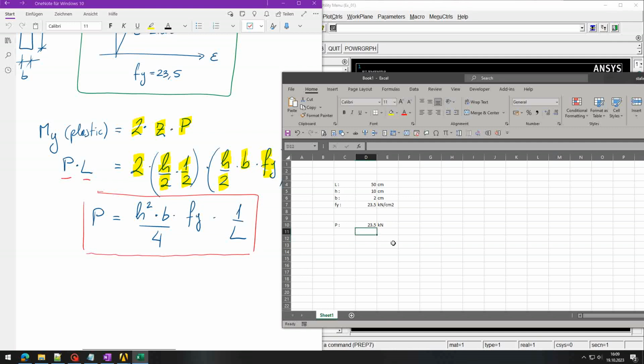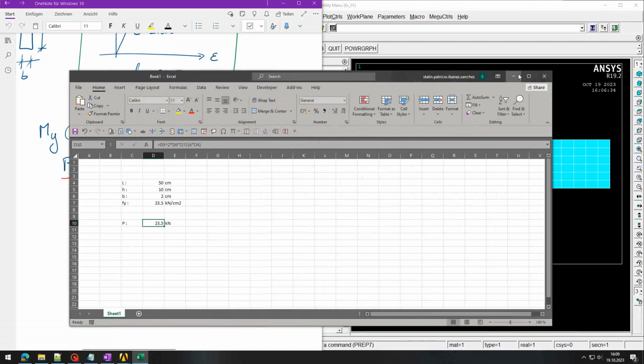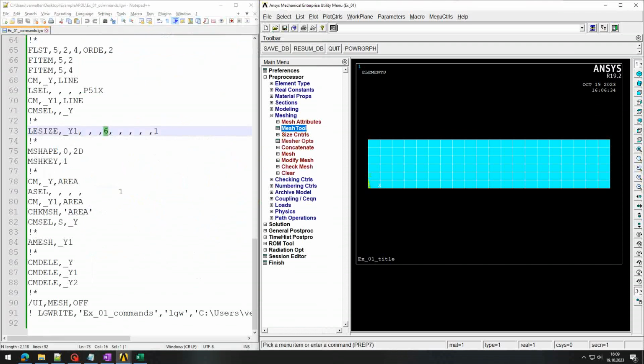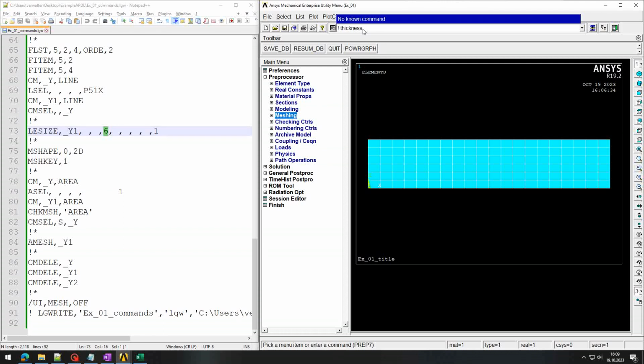However, since we have shear, maybe we are not going to reach this load, or maybe the load would be less. So we are going to see what happens in this case. So I'm going to define the thing that I forgot to define previously. First we're going to define the thickness of the plate. This is very important. Since we are using this element type, which is a membrane with plane strain and with thickness, the thickness we can define